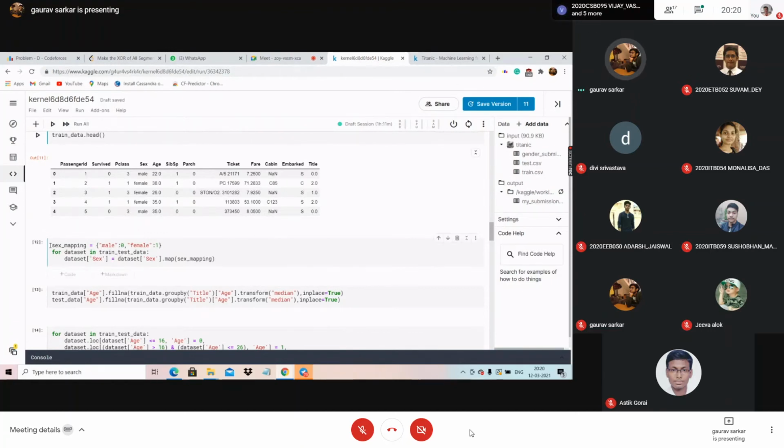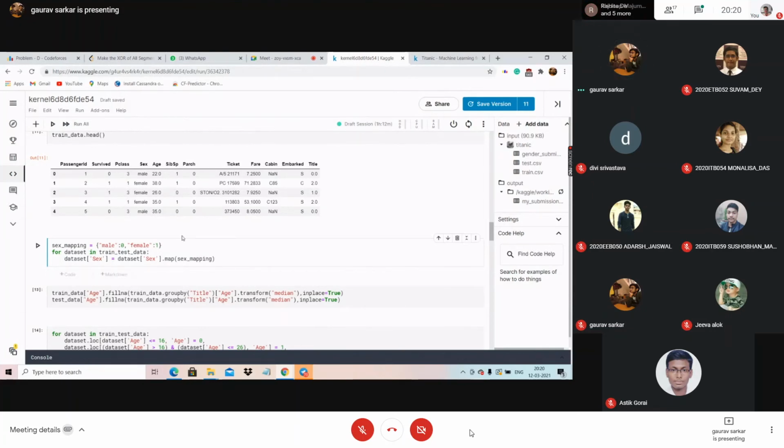And you will see throughout the code I am doing this mapping thing. What this mapping does is, like I previously told, you can't just give the machine male and female. What will the machine understand by male, female? You can understand male means male, but the machine understands 0 and 1 only. So you have to give numbers like 0, 1, 2, 3. You have to make the data similar.